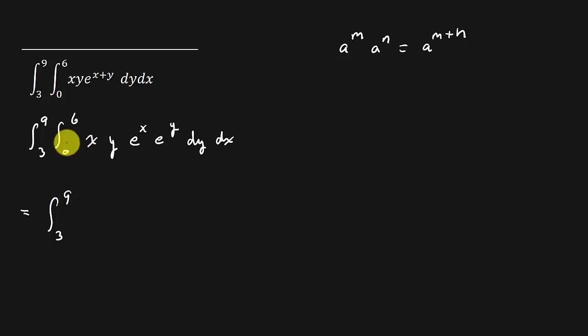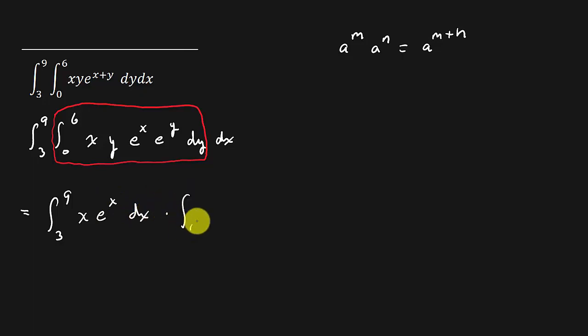Now, remember, this inside part here, we're integrating with respect to y. So the bounds here, 0 to 6, that's for the y, and the bounds 3 to 9, that's for x. So this is going to be 3 to 9, x e to the x dx times the integral 0 to 6 y e to the